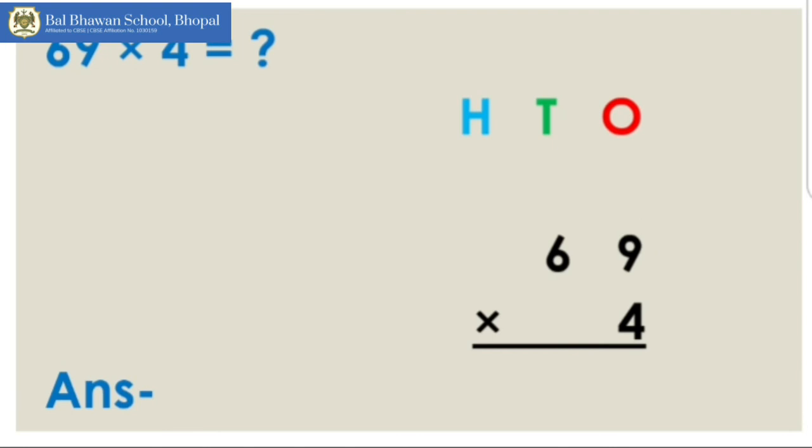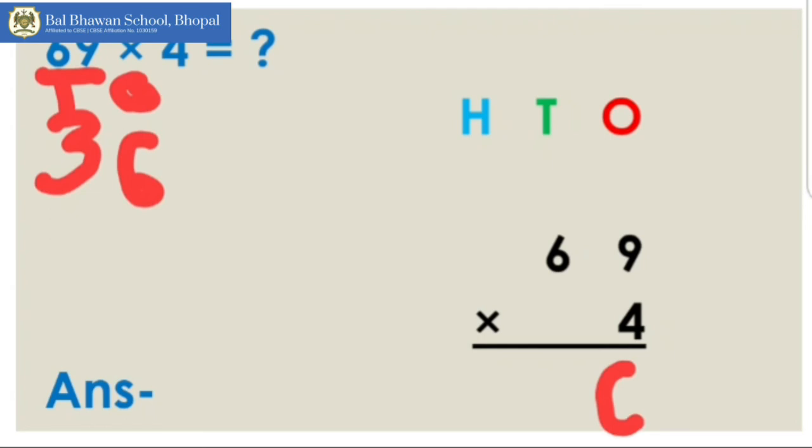the same procedure. So again 4, the second factor, will be multiplied by 9, the digit given under ones place. Okay, so 4, you already know the table of 4. What is 4 nines? Yes, 4 nines are 36. So this 6 is at ones place and 3 is at tens place. This 6 will be written under ones place, and this 3 will be given as carryover, okay, on top at tens place.